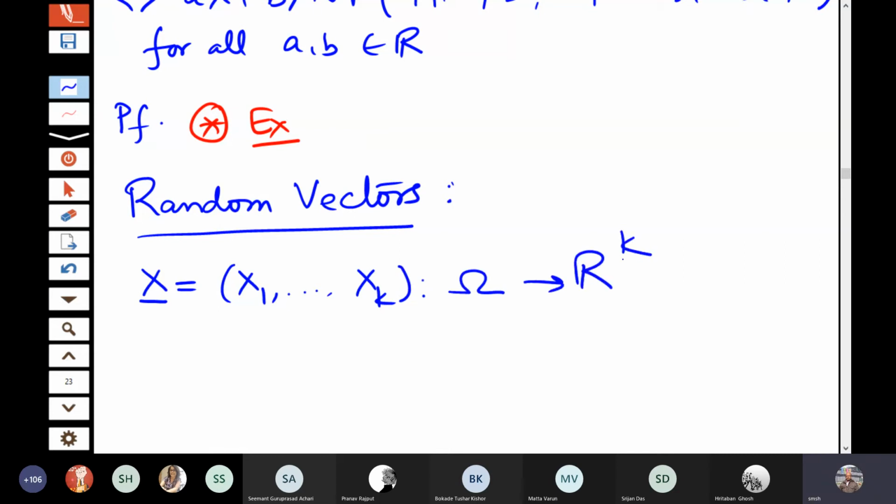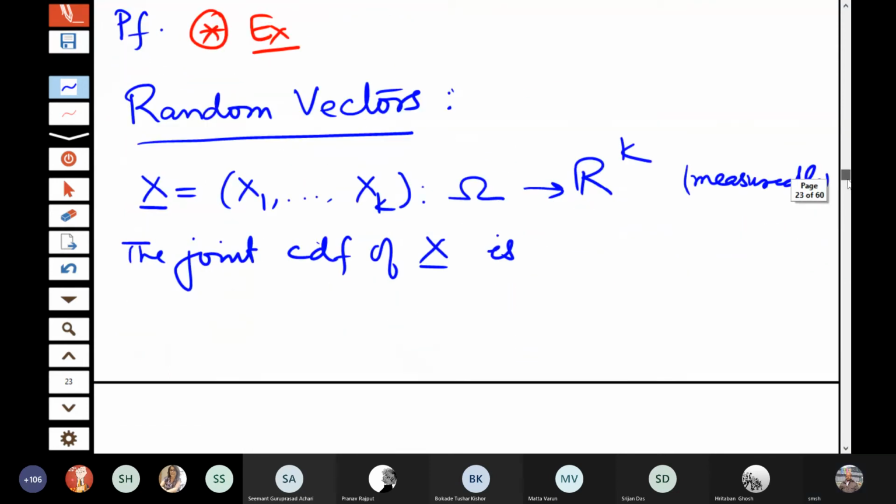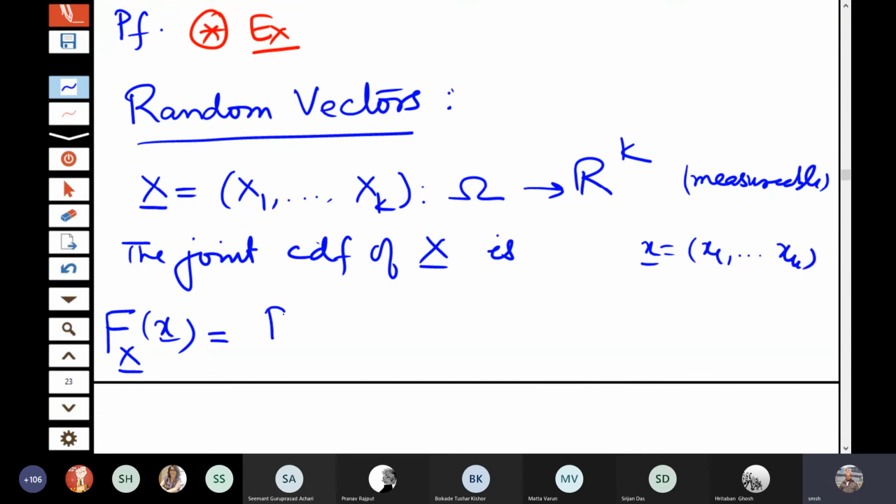Of course, it has to be a measurable function, as we have the technical condition here, and the joint distribution function, or the joint CDF actually, it is denoted by fxx, where this x is x1, x2, xk. That is probability of